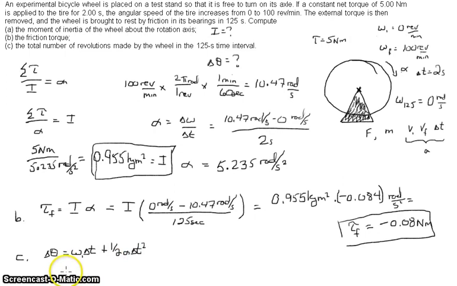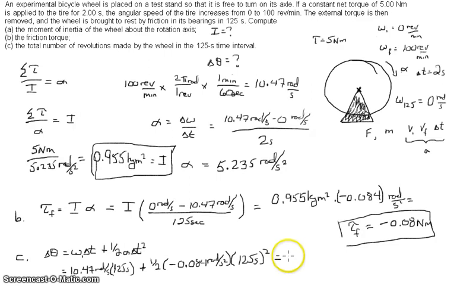Okay, when you substitute everything in here, you get 10.47 radians per second times 125 seconds, plus 1/2 times negative 0.084 radians per second squared times 125 seconds squared. Alright. Okay, if you calculate all this, you're going to get